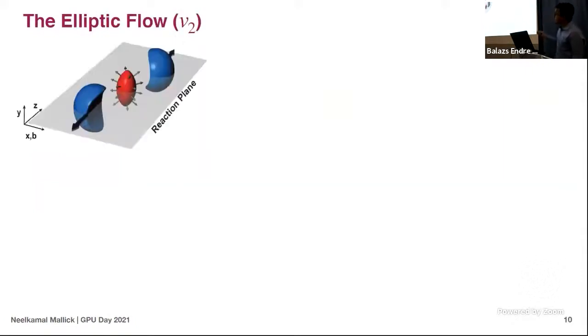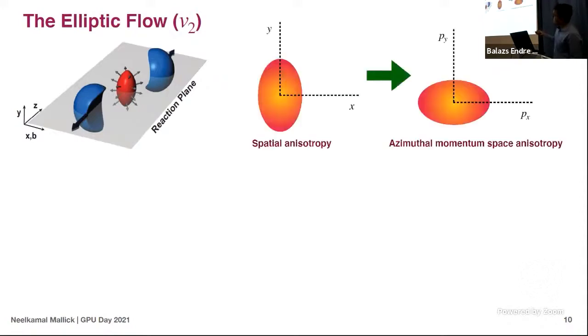Okay, so if you look into this figure, these are the two incoming nuclei, and at the collision point, this is the nuclear overlap region. The nuclear overlap region is not symmetric. There is initial spatial anisotropy in the collision geometry itself. And if you just take this geometry to the 2D plane of XY, you see this perfect ellipsoid, and here along the X direction and Y direction, there is a finite pressure gradient.